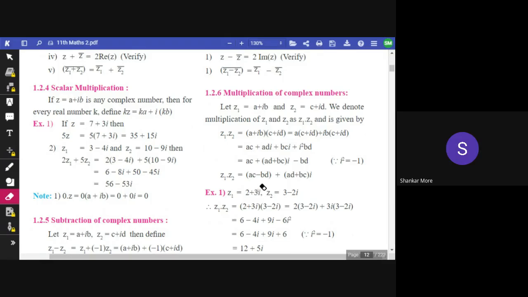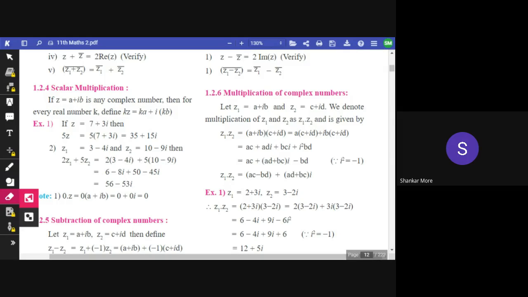Okay, it's 7 p.m. now, and there was a question from Sankalp. He asked, Sir, can we multiply complex numbers and real numbers? There is a concept called scalar multiplication. In this scalar multiplication, Z is a complex number and K is a constant, or nothing but a real number. Then for every real number K, we can multiply complex numbers with real numbers.